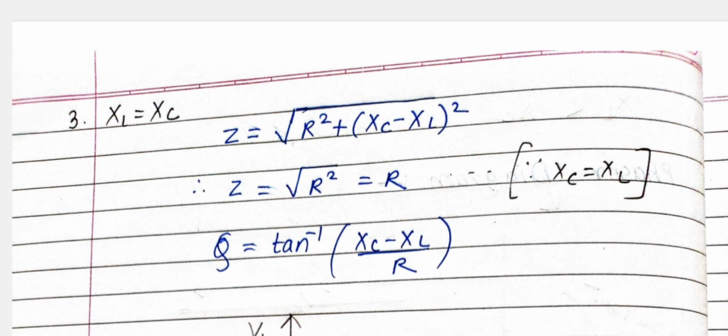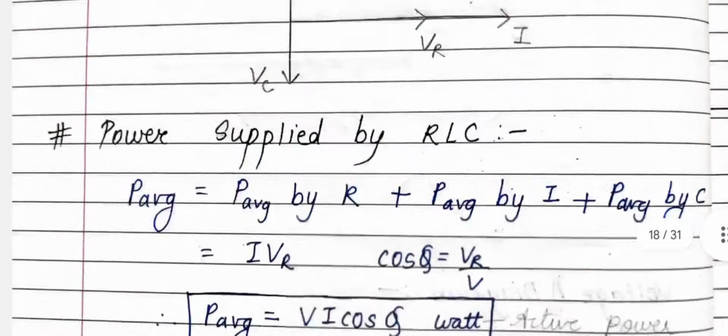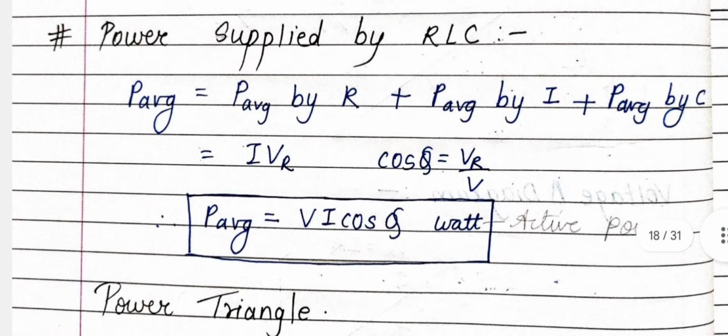These 3 cases you have to cover with the circuit diagram which we made first, if the question is for series RLC circuit. If the question is for less marks, that is 4 to 5 marks, they can ask you any of the cases. In that time you have to write that case only, but the circuit diagram is a must.